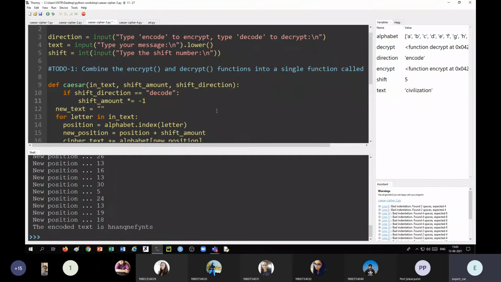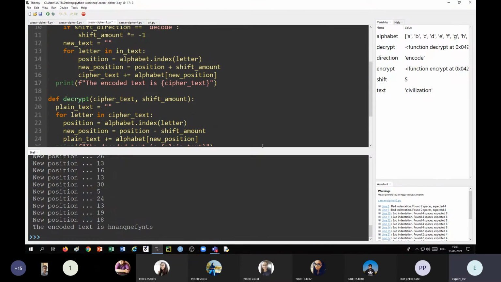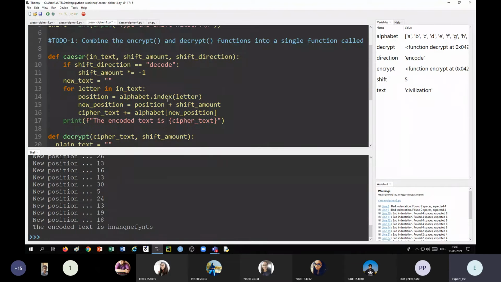So now what happens? There was just an indentation problem. Instead of 4, it was 2. Now what happens? If it is decode, it will automatically be subtracted, otherwise it will be added.